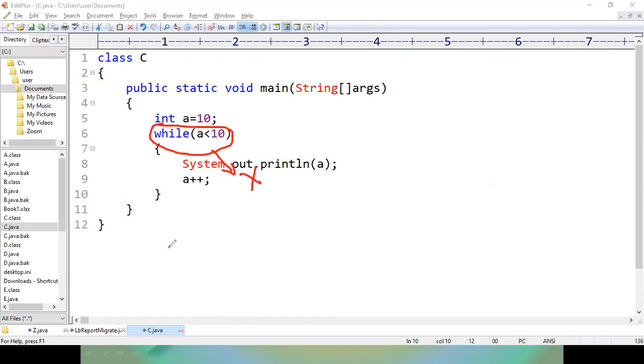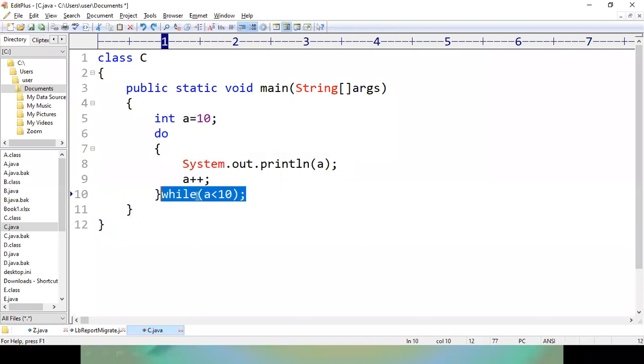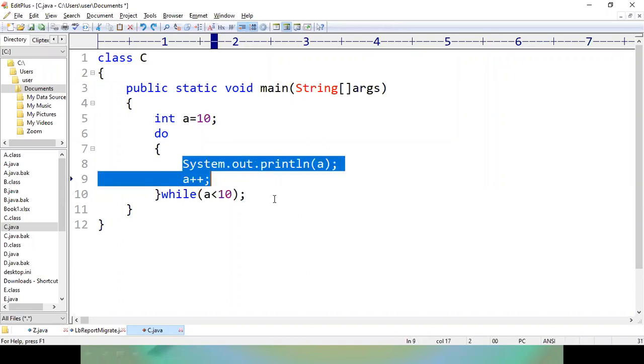It will just come out of this block. But in case of do while loop, first the body is going to be executed and then condition checking is done. So even if the condition is true or false, the body of the do while loop will be executed, right?